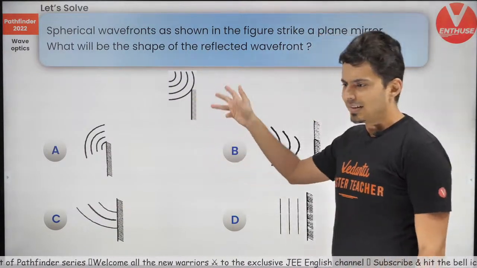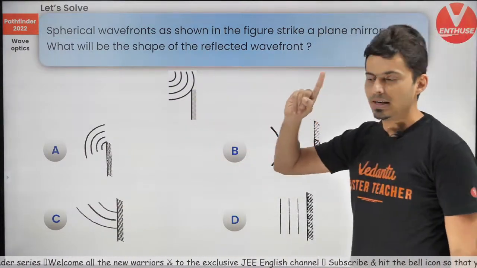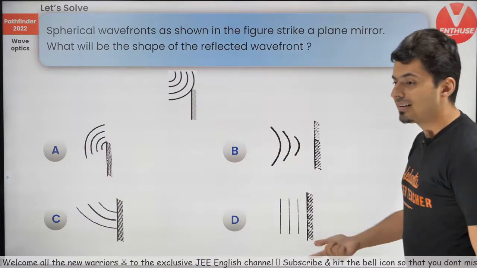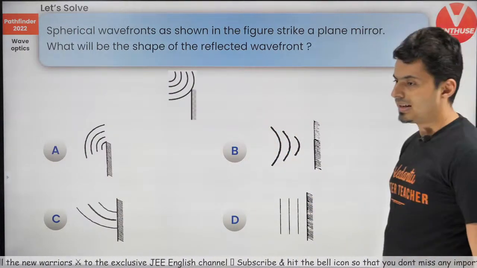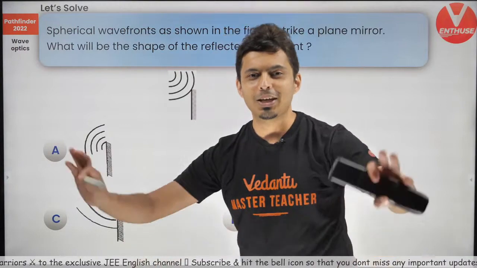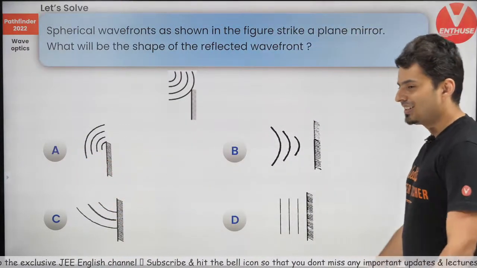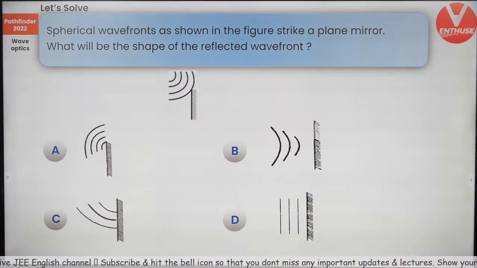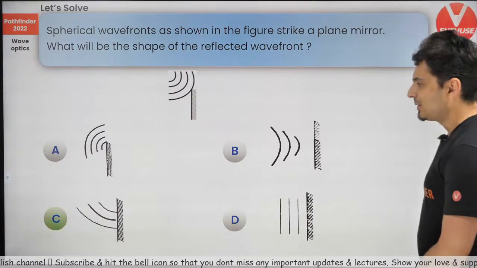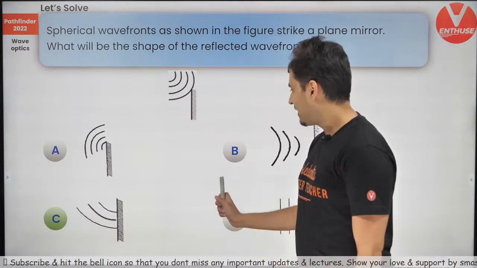Think logically. Draw the rays, because you know the wavefront is perpendicular to rays. So if you can predict the rays, you can definitely get this one as well. Come on. It's okay. You can be wrong. You can be correct. It doesn't matter. Just figure this out. Is it going to be A? Is it going to be B, or C, or D? Well, if you have answered A, B, or D, you are wrong.